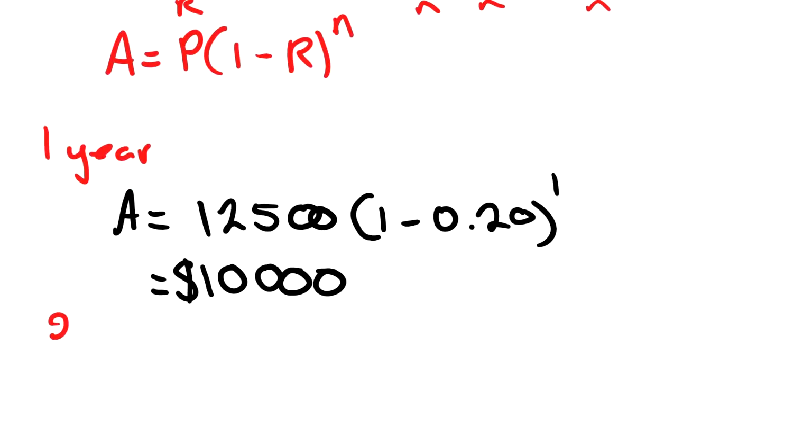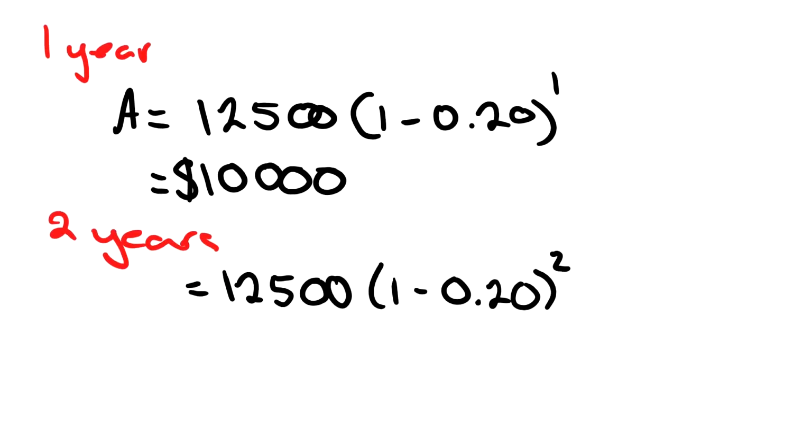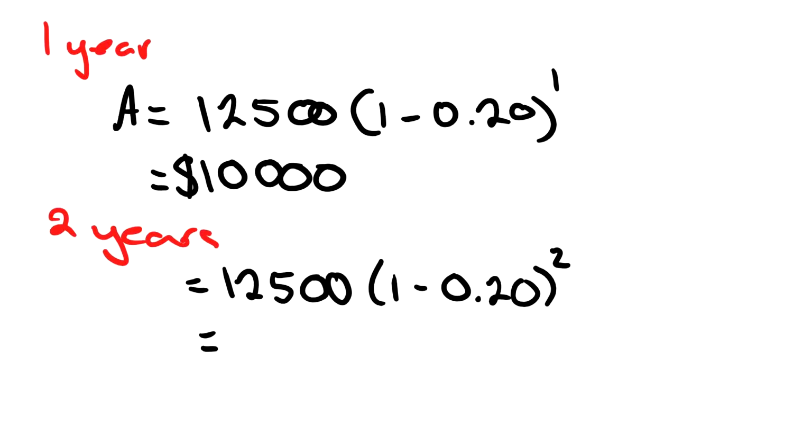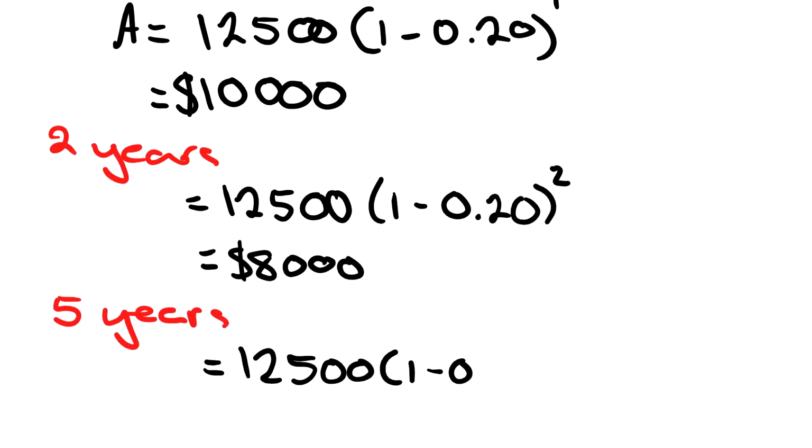We then look at 2 years. And it's going to be the same thing, except instead of to the power of 1, it's to the power of 2. And now it's worth 8,000. And the last one we need to check is 5 years. So 12,500, 1 minus 0.20 to the power of 5. And we get